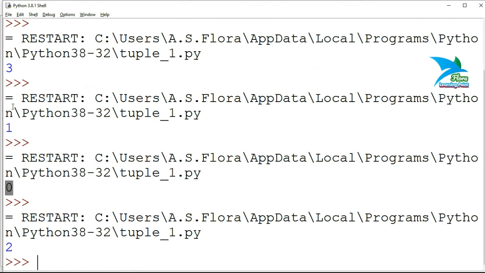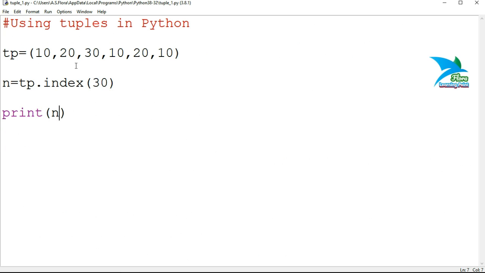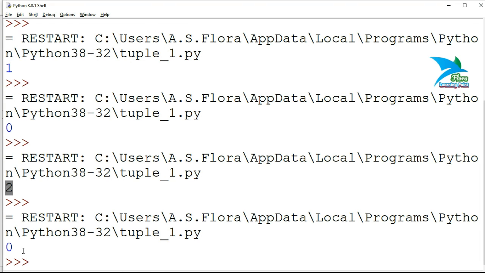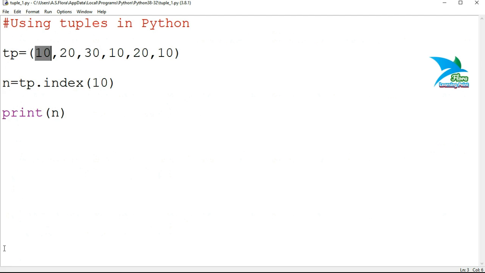So that means because 2 is the index position of 30, so the result is 2. And if you will specify 10, so we are having 10 occurs 3 times, but system will return the index of first position, so that means that is 0.